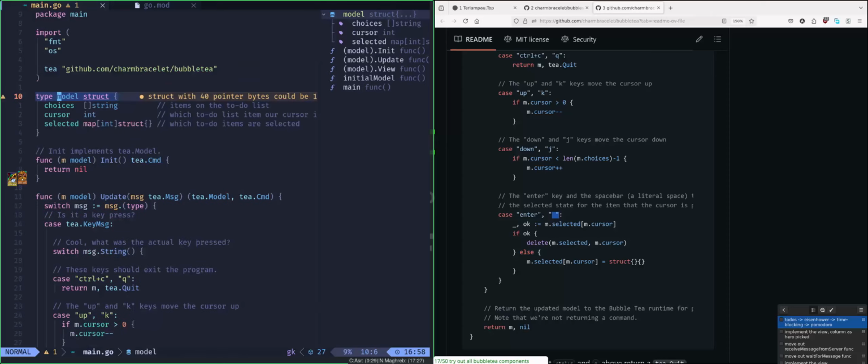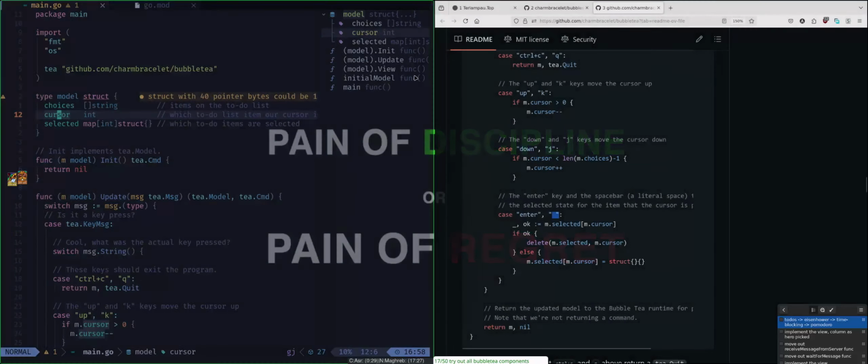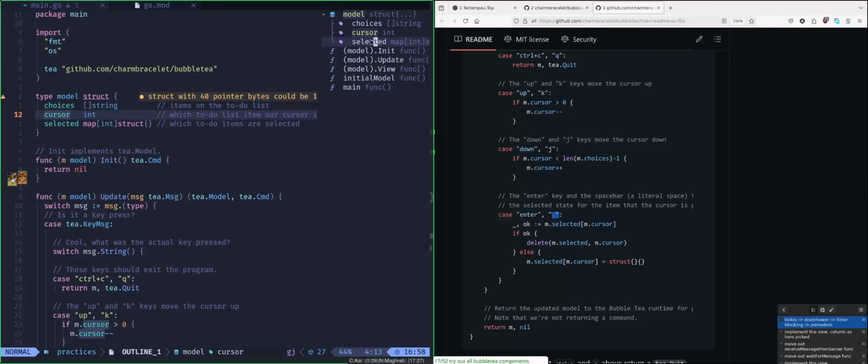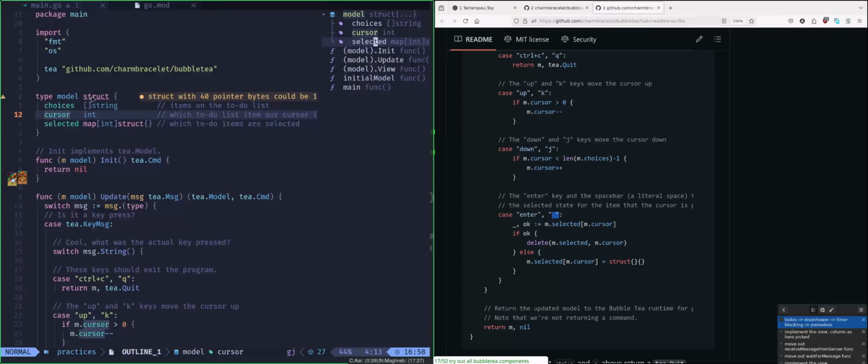And if you see the outline, there is a choices field in the model that holds the items. Then this is the cursor. The cursor is this little arrow, and selected just gives a value to which choice gets selected.